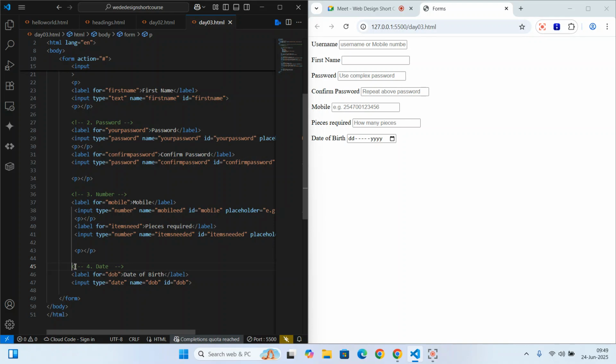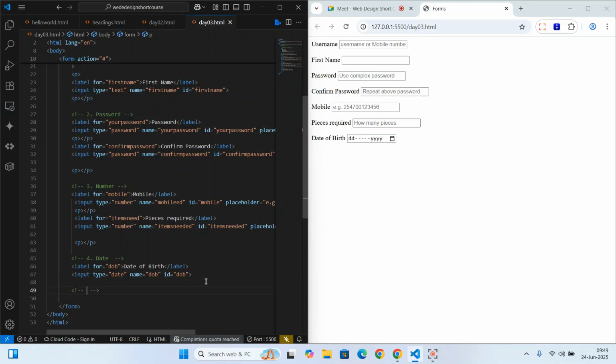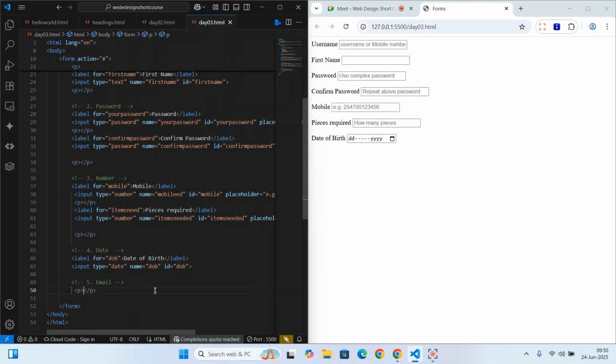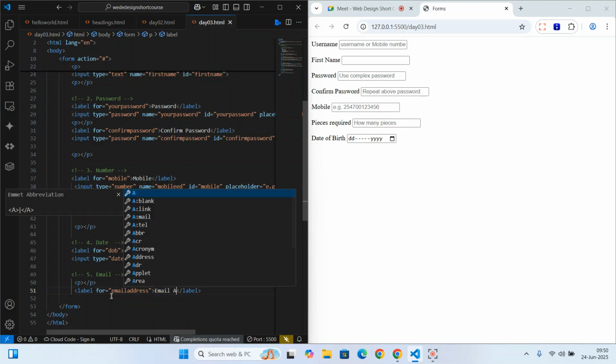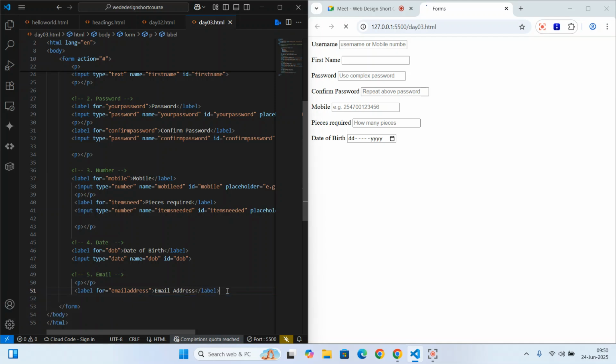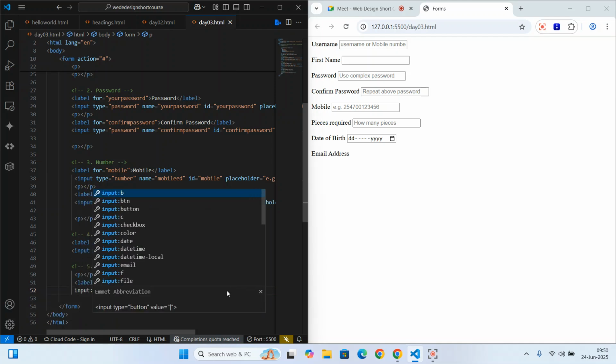So besides date, we can also put email. We can also have an input that accepts email. If I wanted to, why this is important is sometimes you don't want to do a lot of validation. So we just put the correct input, then the browser will validate for us. So I can put here label, email address, email address. So I can put here an input of type email